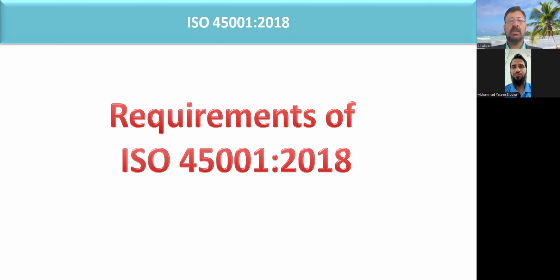45001-2018, and each class and subclass has some documented information, because when we are audited by a third party, first party, or second party, then we have to show them the documented information. And when there is documented information, we have to see how we will merge this with different classes and subclasses of the ISO 45001-2018 standard. This standard is the international standard for health and safety.